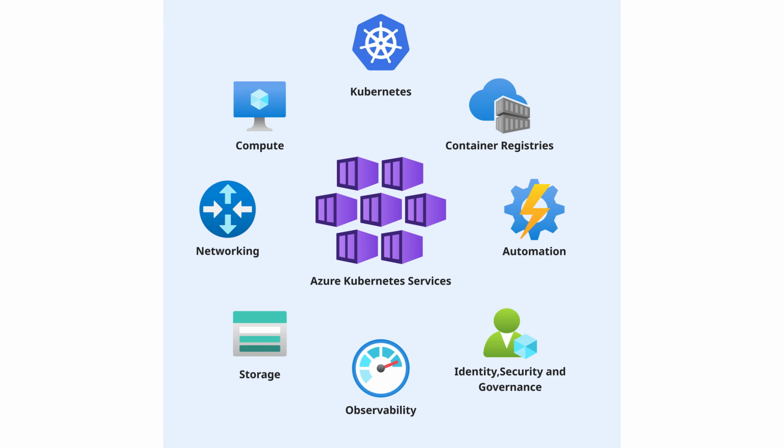Okay, let's start with something simple. What is the real difference between self-managed and managed Kubernetes? Good question, Maria. So in a self-managed setup, you do everything yourself. You provision virtual machines, you install the control plane, configure networking, handle security, patches, and upgrades. And with Azure Kubernetes Service, or AKS in short, Microsoft takes care of the control plane, the API server, scheduling, and upgrades. You just manage the worker nodes and applications.